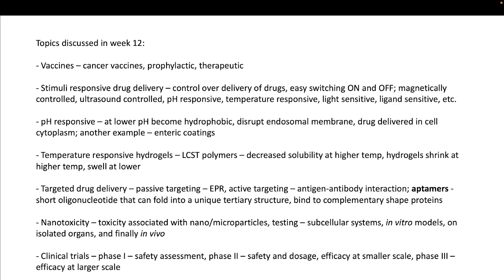And finally, the last model to check toxicity is in vivo, where you take smaller animals like mouse or rat, and you deliver your particles to these animals, and then you again monitor their growth, you monitor their health, and see if there's any toxicity caused. So then once it's fairly seen that there is no toxicity caused in animal models, you can then move ahead towards primate model, and then ultimately, since whatever drug you're developing, whatever system you're developing is ultimately to be used